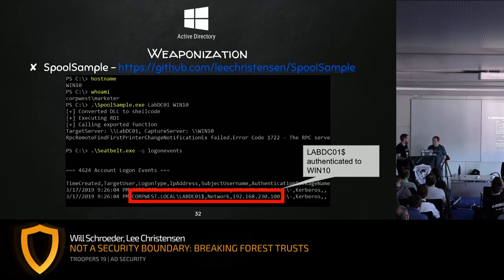Lee had reported this a while back, and the general opinion, I believe, from Microsoft and everybody is, well, they're machine accounts, so by default, there's not a way that you can abuse this machine account coerced authentication. So Lee's kind of been on a crusade to try to prove that no, machine accounts can be very, very useful from an authentication standpoint, offensively. And this is one application with the trust bug, and we're about to put all the pieces together, where we are able to use these machine accounts in a very interesting way.